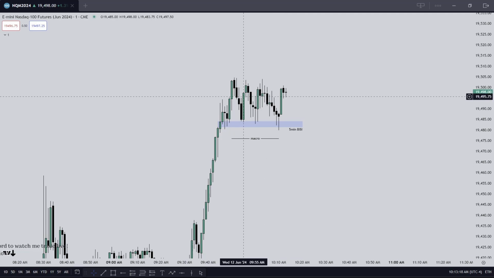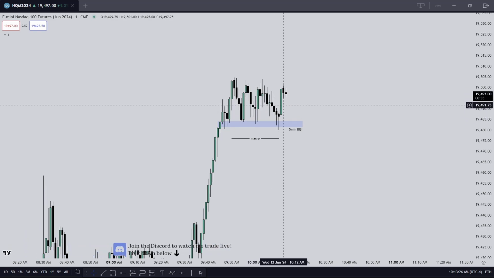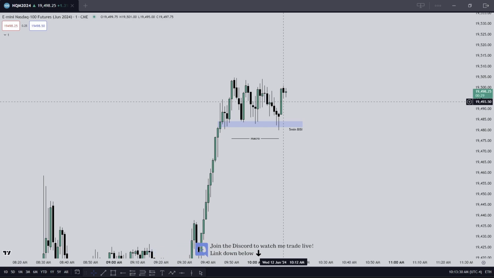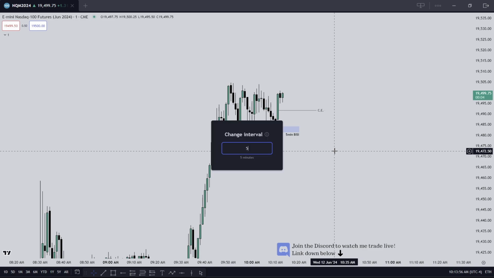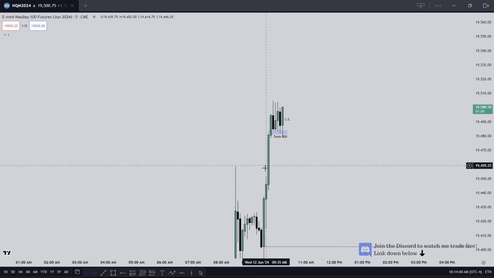We've consolidated, moved sideways. Okay, didn't really do much. Lethargic price action, and then we get this explosive move up, creating a fair value gap. So this isn't a trade idea, but I'm watching to see if we leave this lower half open. Same thing we had on the 5-minute, it's just fractal. I said I wanted to see if we leave at least this lower half open.